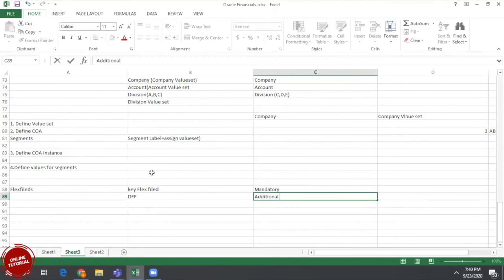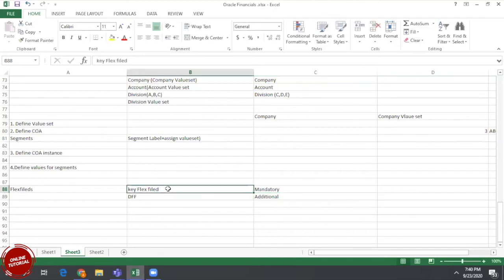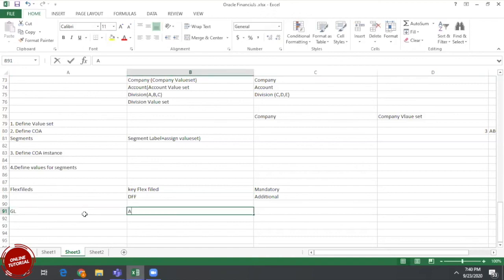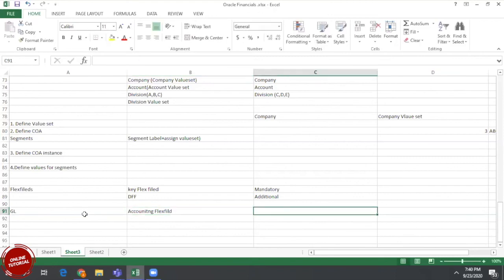When it's mandatory, we require key flex field. In the GL module, we have the accounting flex field. By using the accounting flex field, we can design our chart of accounts. Designing the chart of account is a mandatory process.